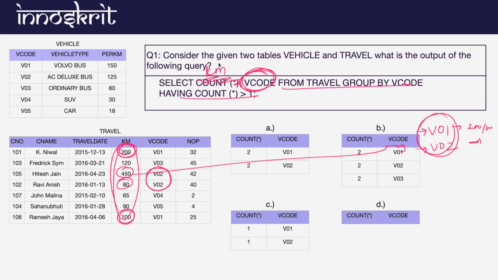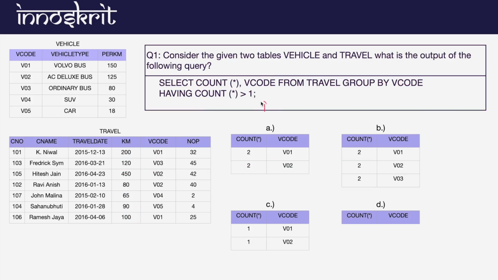So you cannot select the whole column. Instead, what you can do is sum up all those values. So you can calculate the sum, that means you can use the aggregate function. You can count these values, or you can calculate the average of these two values. Okay? So with each attribute you can use the aggregate function, and not the whole column. So this is the second rule.